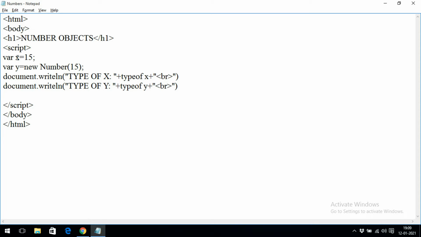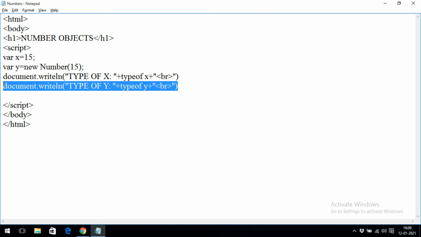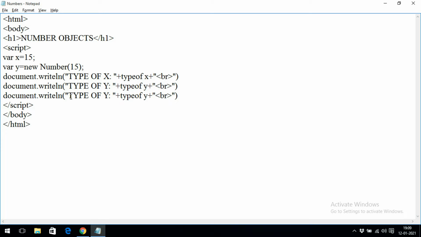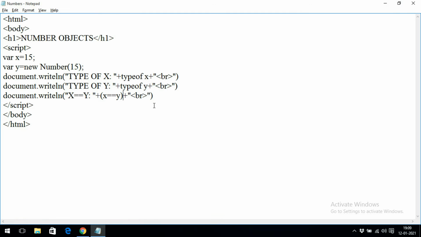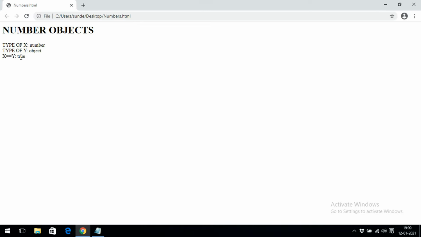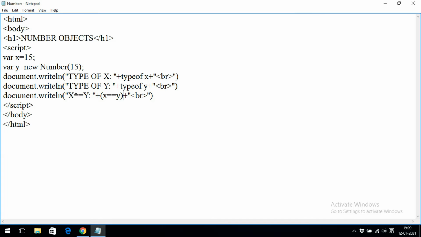So here x is having 15 and y is having 15, and if you are comparing the things, write the same thing. See, x is equal to y. So instead of writing the type here, just write x equal to y. Now what's the result? Observe here. We'll get true. X is equal to y is true, right? Because